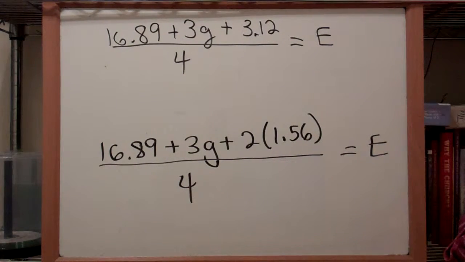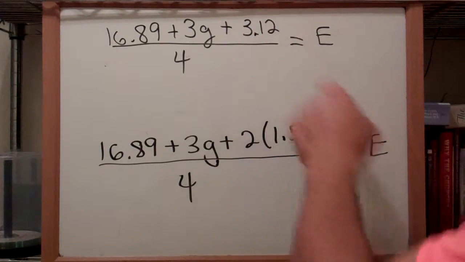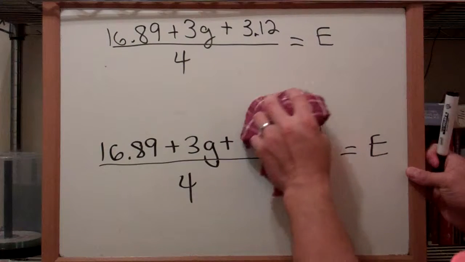Then we could simplify further and say the 16.89 and the 3.12 are going to be equal to